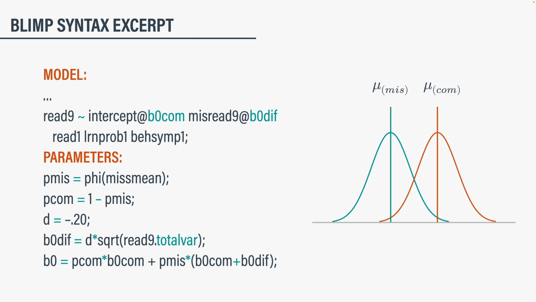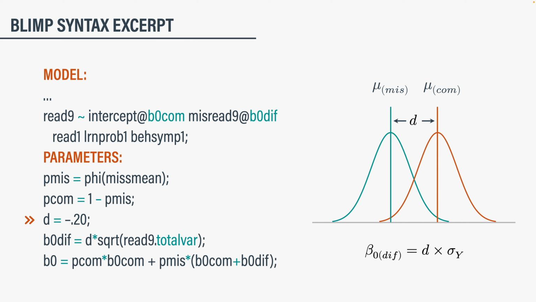We're going to specify that mean difference on a standardized metric. Looking at the parameters command, I specify a Cohen's d effect size of -0.20, meaning that students with missing data in 9th grade scored lower by about 1/5 of a standard deviation. If I know the group mean difference on a standardized metric, I can easily solve for the raw mean difference using a simple equation. To get the raw mean difference, I just multiply the effect size by the standard deviation